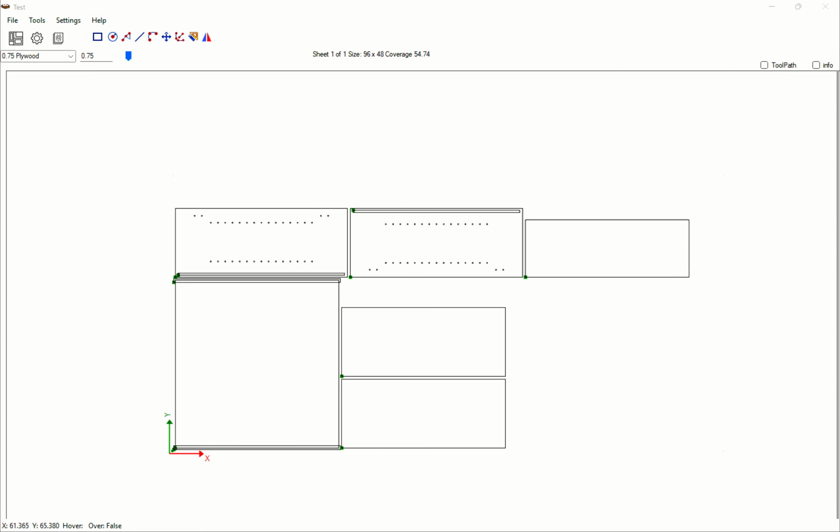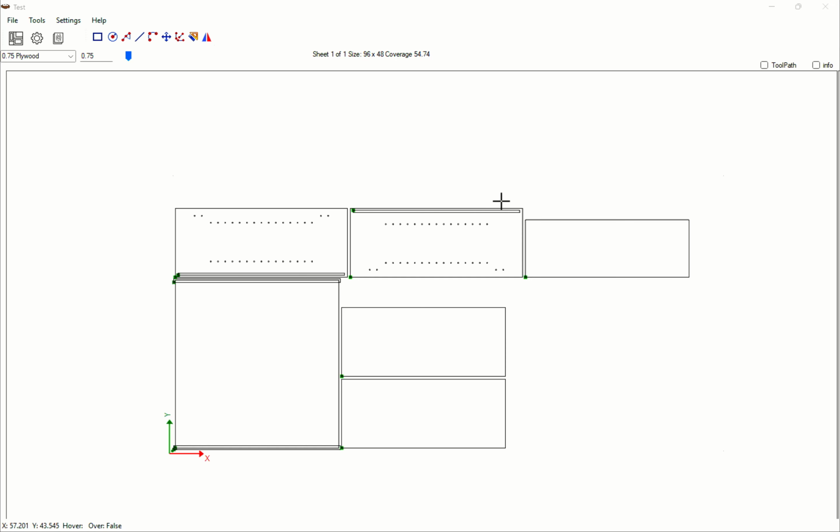This video is going to show how to change the orientation of the sheet. Some CNC machines have a longer x-axis and a shorter y, as we're seeing here, and some have a longer y and a shorter x. So for those machines that have a longer y, the orientation that we're viewing on the screen now needs to